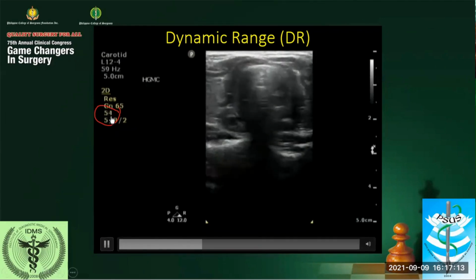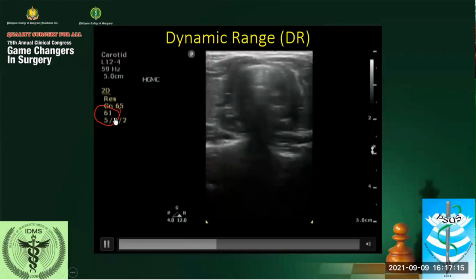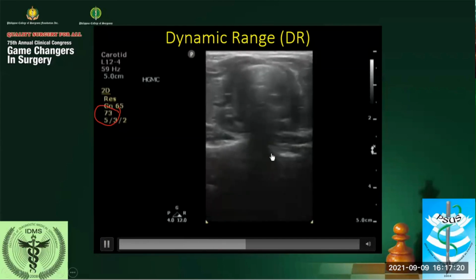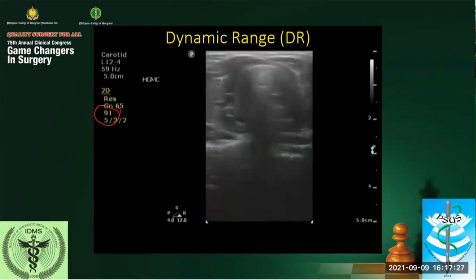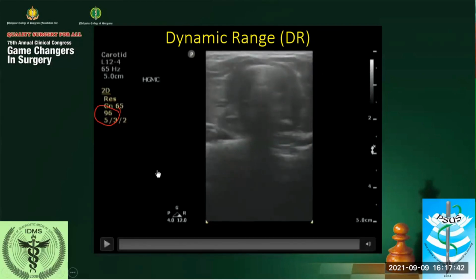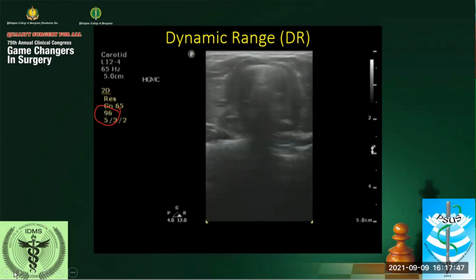Here the operator is increasing the dynamic range. Usually it is in decibels. As the dynamic range increases, the image becomes smoother. But it doesn't necessarily mean that a very high dynamic range is appropriate, so you have to adjust it accordingly. So there you go. That's the dynamic range adjustment.